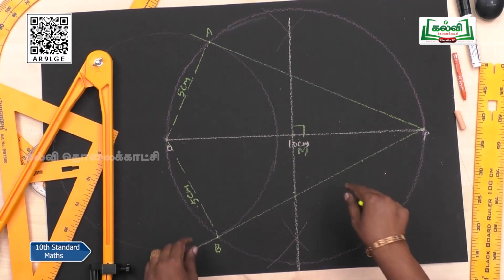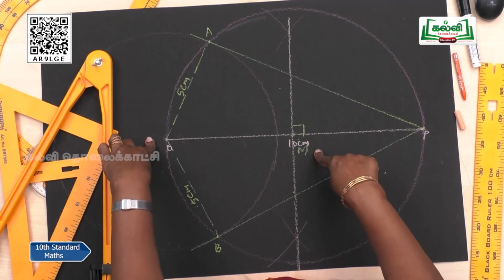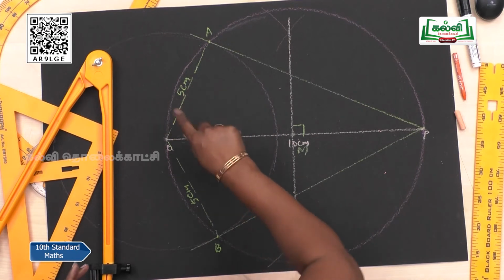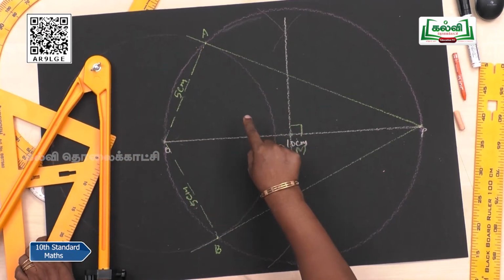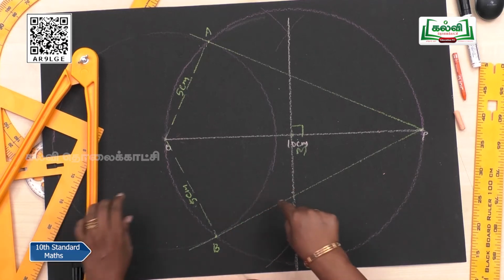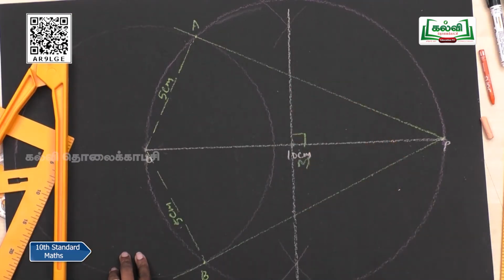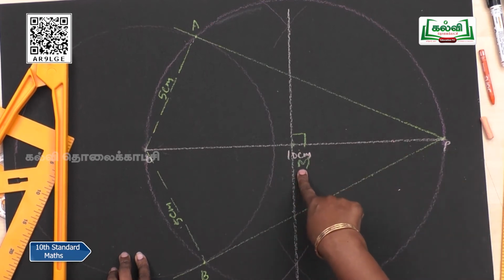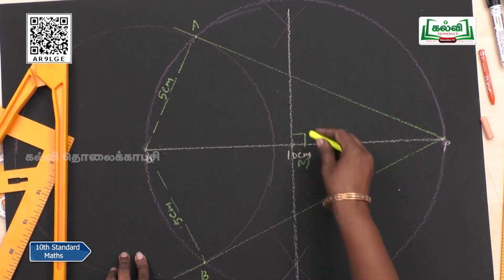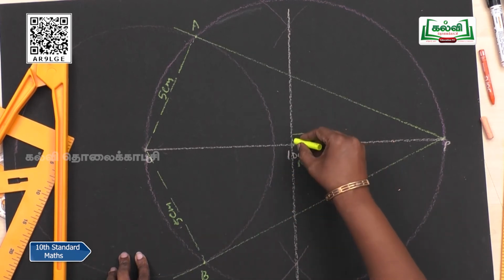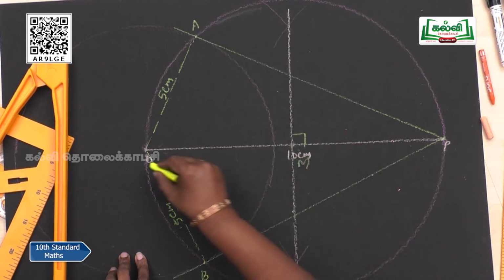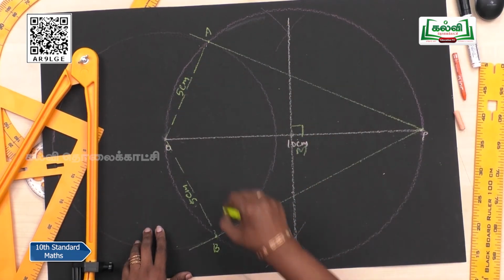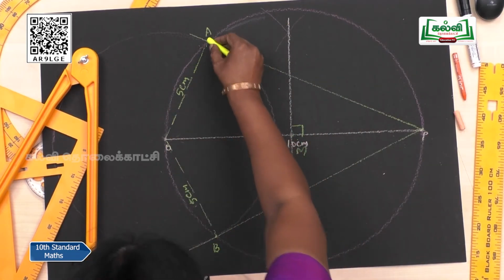So, I will tell you from the beginning, OP is equal to 10 centimeters, you have to draw a line, and with 5 centimeter as a radius, you have to draw a circle. First circle you have to draw. After that, you draw the perpendicular bisector and let it meet the OP line at the point M. Now, that is 90 degree, you know. So, make 90 degrees, and with M as a center and OM as a radius, you draw another circle which will cut the first circle at the points A and B.